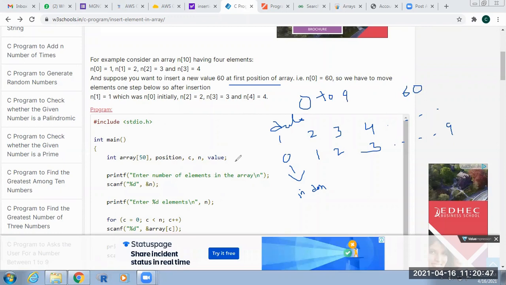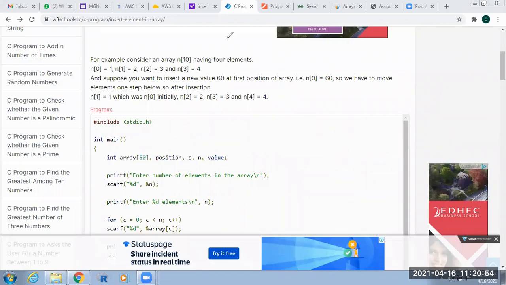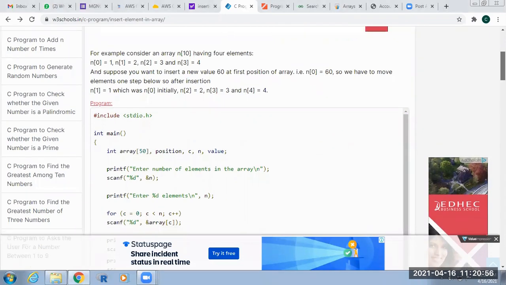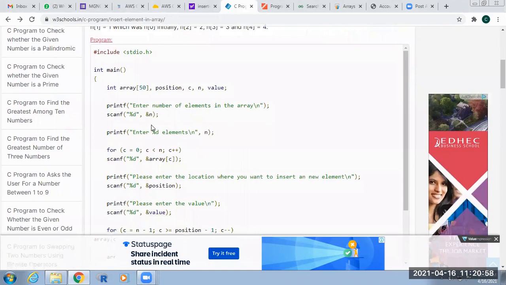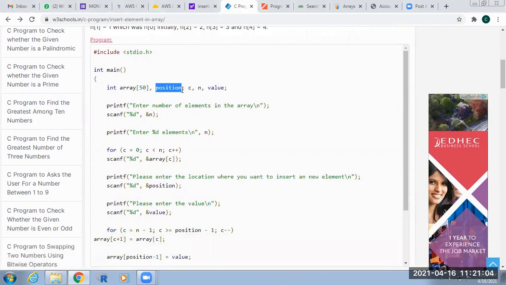So for this we are writing one program here. See the example. I am taking an array named array with size 50. I am taking one variable, position, which is the position where I have to store that element.